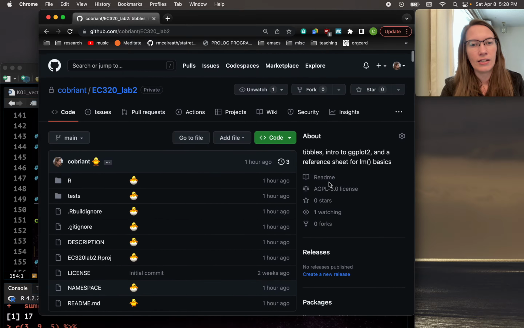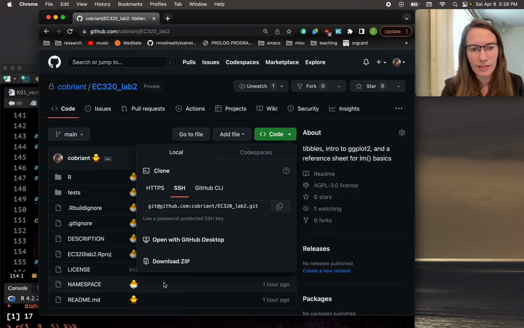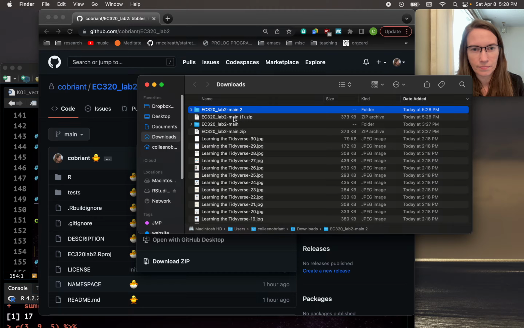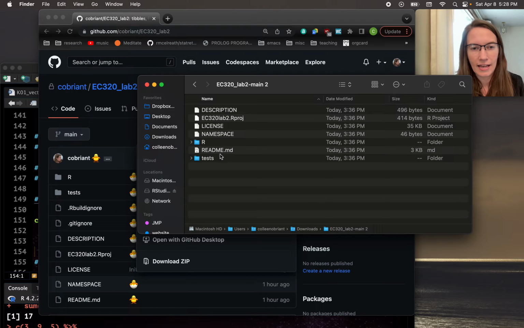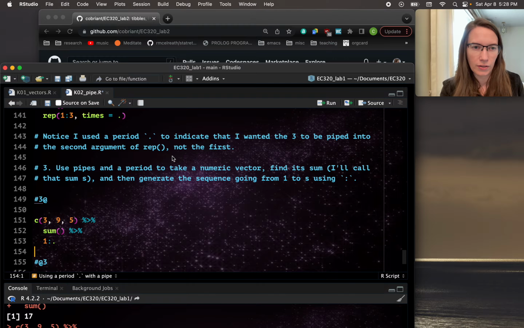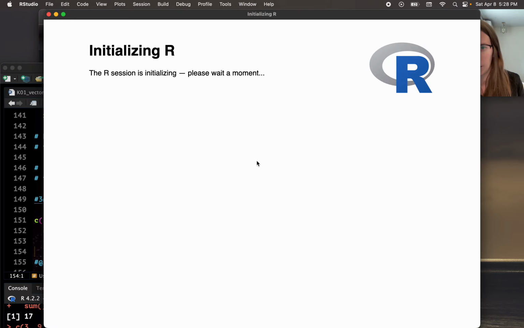Same as last week, you're going to go up to the green button that says code. You're going to say download zip. You're going to unzip it. And then I wanted to emphasize, to open RStudio, I want you to always open the R project. If you're not in the right R project, the tests won't run. So that was the issue I had with a couple people. So you're opening the .rproj